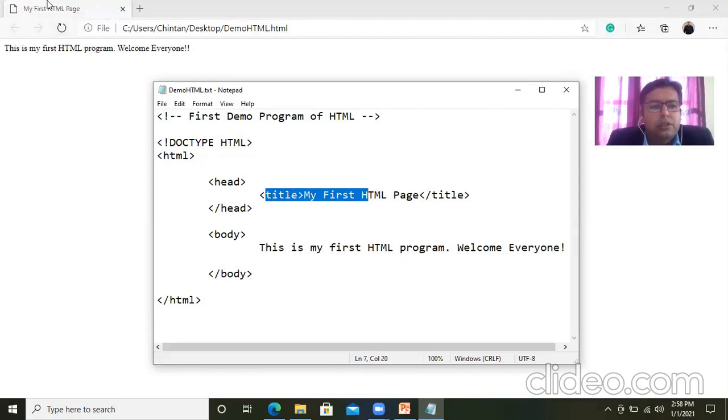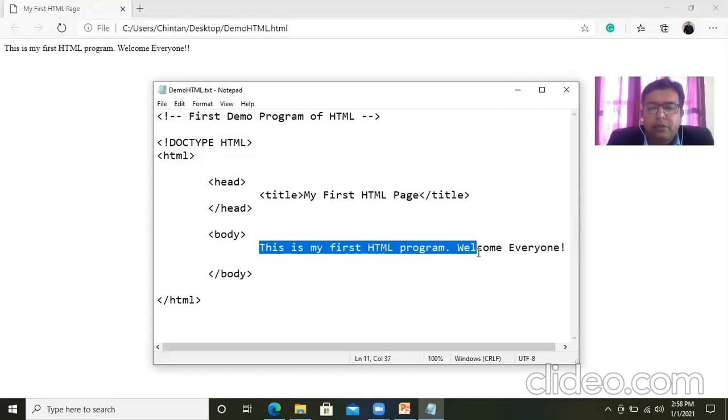Here you can see that it is displayed over here, and whatever paragraph or message we provide will be part of the body. It will be put over here as it is. So you simply have to create a program in this way. You have to save with the HTML extension, and you have to keep two files with you. One is a text file in which you do the coding, and another is an HTML file. So whenever you double click on your HTML file, by default it will open in the web browser, and the content which you have put will be displayed there.